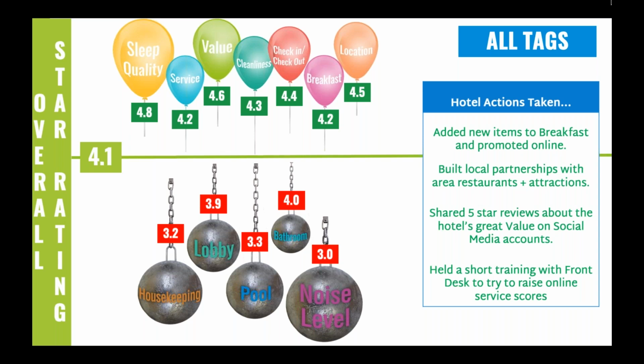If we identify that, a hotelier could be proactive and try minor menu changes to improve that score even higher. The same is true for service. So instead of doing a major overhaul to the staff or major training, why not conduct a small refresher course in an attempt to improve those service scores? We see that value scoring is one of the strongest tags for this property. Lean on that by sharing 5-star reviews on social media that comment about the great value that this hotel offers.